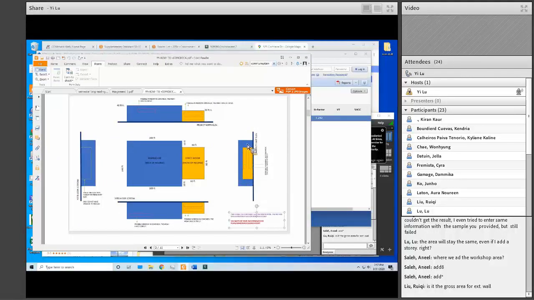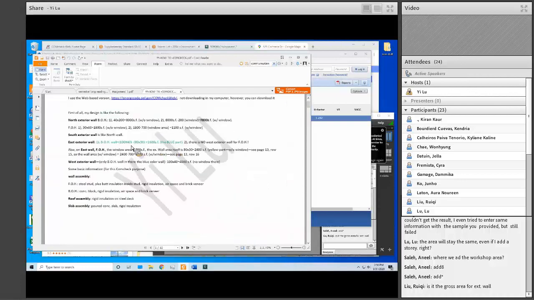So I just asked you to do a quick calculation. You should use the entire blue area minus the yellow area, and that equals this shape, right? So that's why in here it's 1600. Okay, so there's no west exterior wall for front of the house. So remember the concept, right? Also, east wall